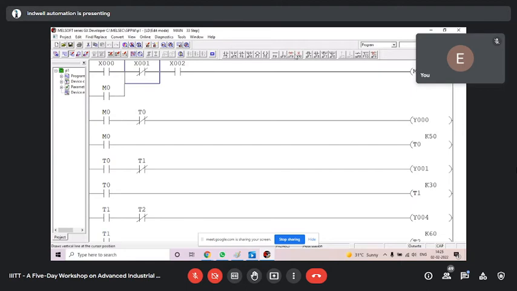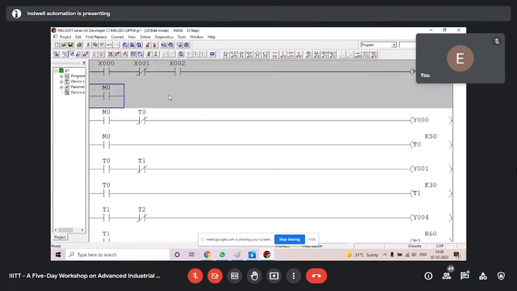First, let me delete this, and let me delete this also first. In that case, I will have to take an NO actually. I shall take M0, NO, and two options I have. I have this horizontal line, I shall extend it, go up, and I have a vertical line here. It will be like that.